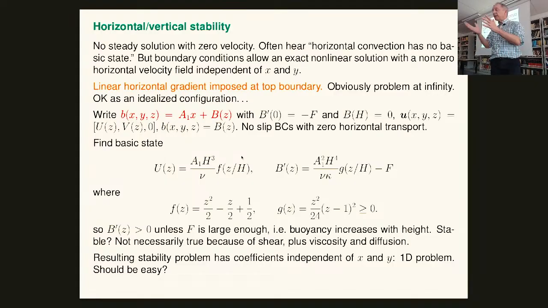What they mean by that is if I have a variation of buoyancy at one of the surfaces, and I think about there being a state of rest, because that's what I have in Rayleigh-Bénard convection, I've got a conductive state, no motion. If I try and imagine a state of rest with a buoyancy gradient at the surface, it doesn't work, because if you look at the pressure gradients just below it, they want to drive flow. However, there are solutions that have no time dependence and a very simple structure, but they're shear flows. Okay? So you might say, well, what about these shear flows? They must be related to the stability of the system.